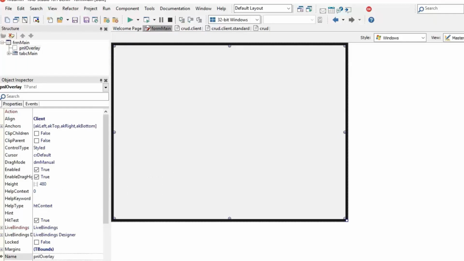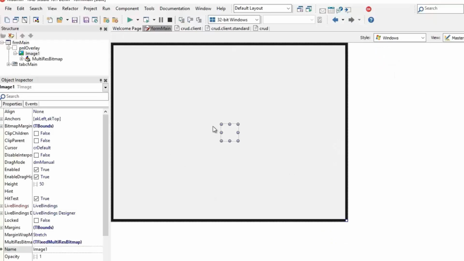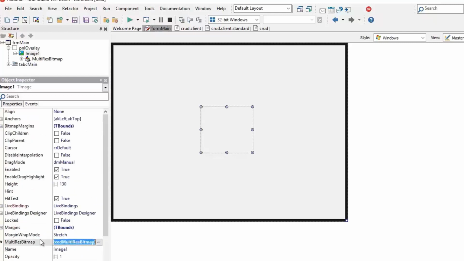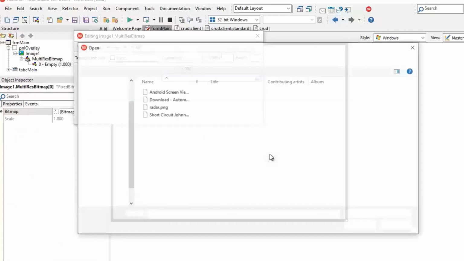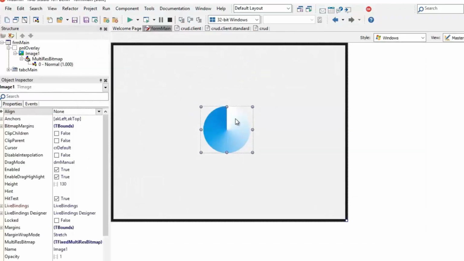So we're going to grab an image, T image. So there's my T image, and we need something to put in this. Now I just went out onto Google and found an image. So this image is just a radar gradient, but what you'll find is because it's a gradient, if we rotate this in an animation, it's going to look like that radar is animating. So I'm going to go ahead and align this image to the center of my screen,